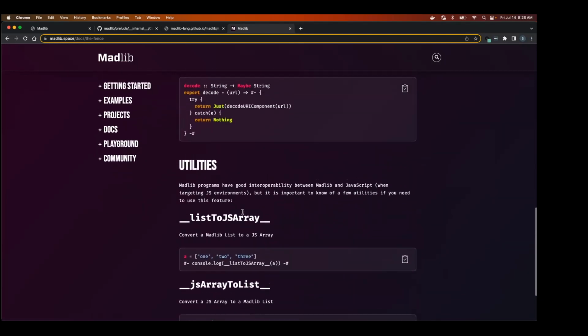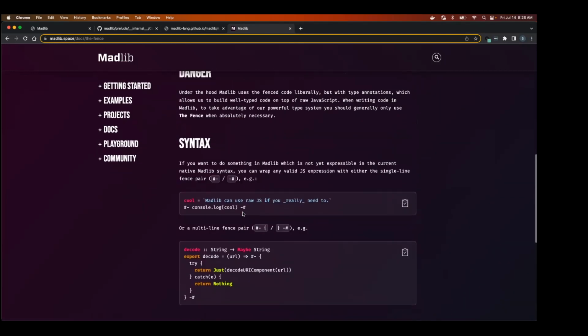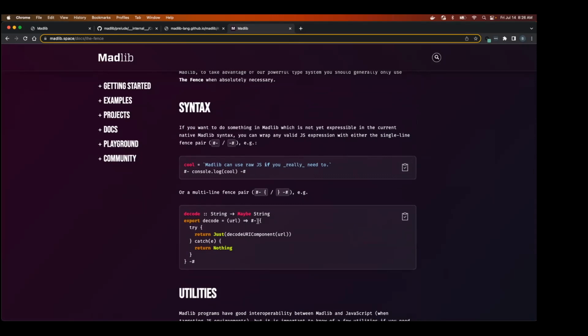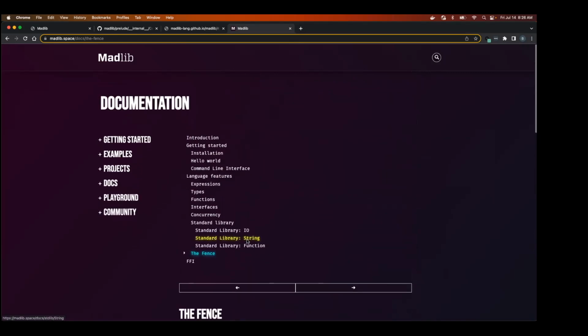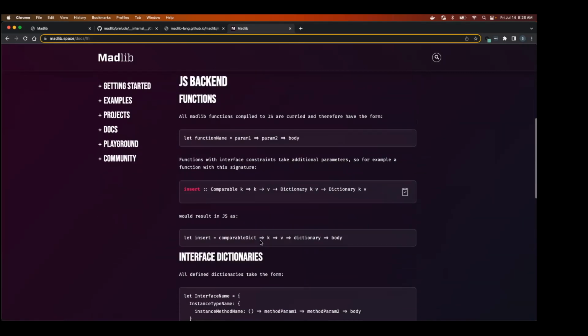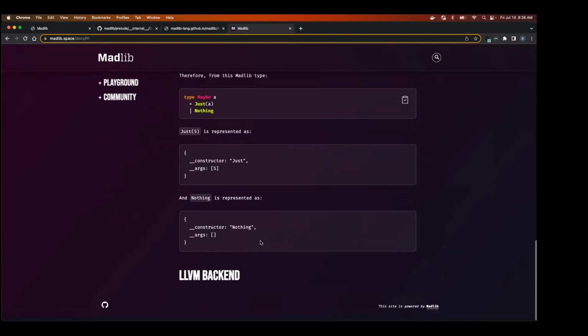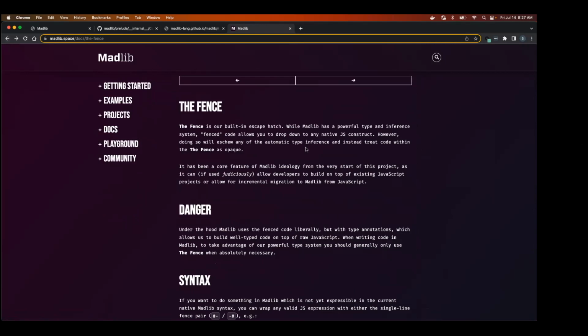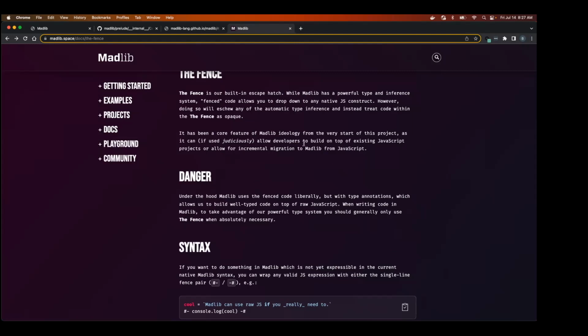But yeah, I wanted to just quickly mention here, this is the fence, and it is syntactically a way of basically dropping to raw JavaScript. There's also a pattern, I don't know if it's documented yet. Yay. So we also have this for LLVM, which are binaries. And there's some very cool things that, because we write it in one language, we can target multiple binaries. It's pretty interesting to see the spaces in which you can kind of put this stuff.